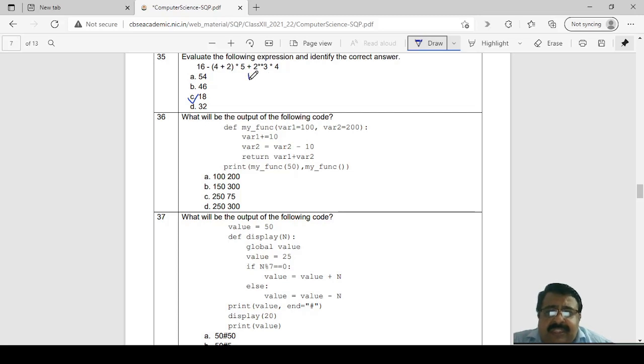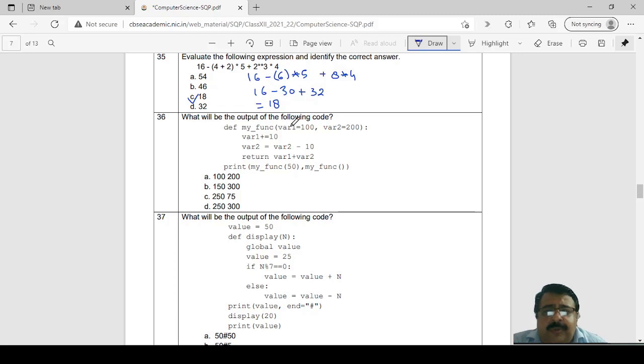So, in the first step, you can write it as 16 minus 4 plus 2, that is 6, multiplied by 5, plus 2 raised to the power 3, that is 8, into 4. In the next step, it will be 16 minus 15, 6 fives are 30, plus 30. Answer is 18. Next question.